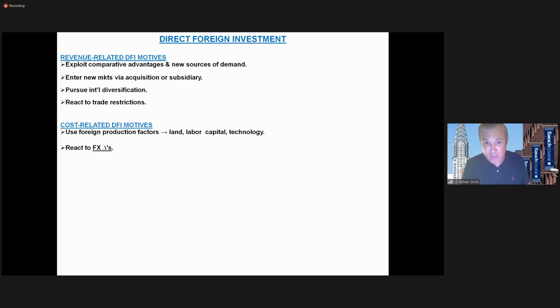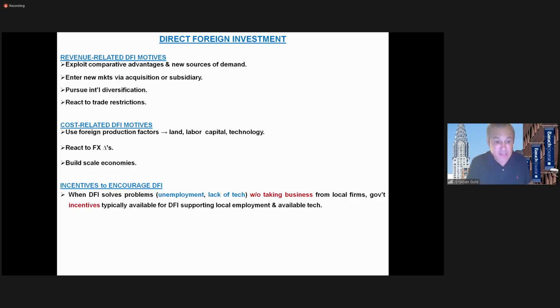Another cost-related motive, of course, is to build scale economies. Scale economies allow us to bring down our average total costs or average variable costs. And of course, as an incentive to direct foreign investment, when direct foreign investment is going to solve some type of problem by improving employment or introducing technology into a particular country without taking business from local companies, that foreign company is likely to be